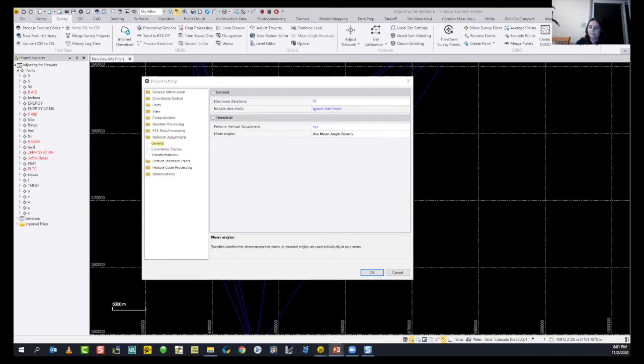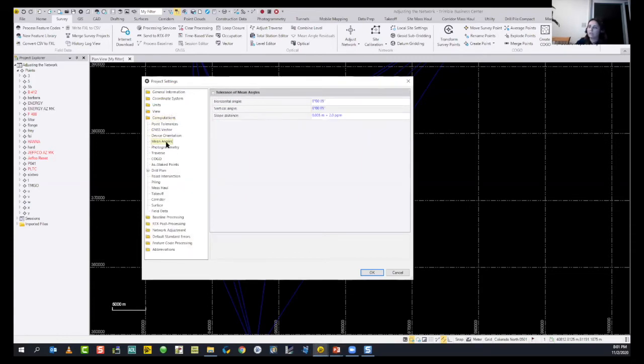And the second, it is computations. Under computations, second settings is mean angles. For the tolerance of mean angles, we decided to perform our network adjustment using the mean angles. And now we decide the tolerance for that. The horizontal is set as 5 seconds. I'm going to change it to 7. This is again a sample. You can play with it. I generally don't make any change on slope distance.